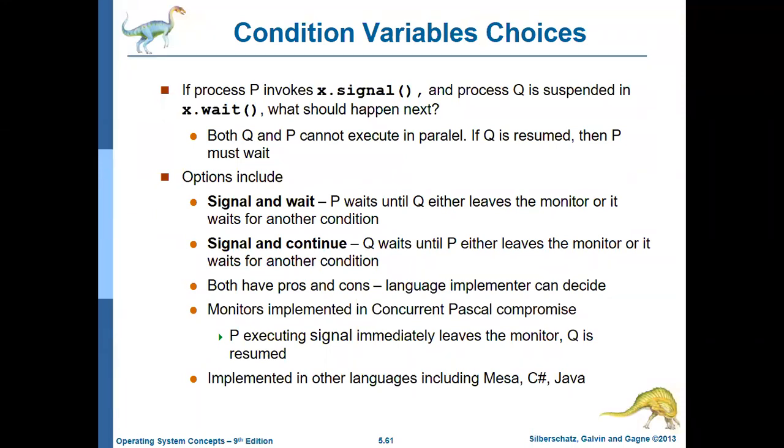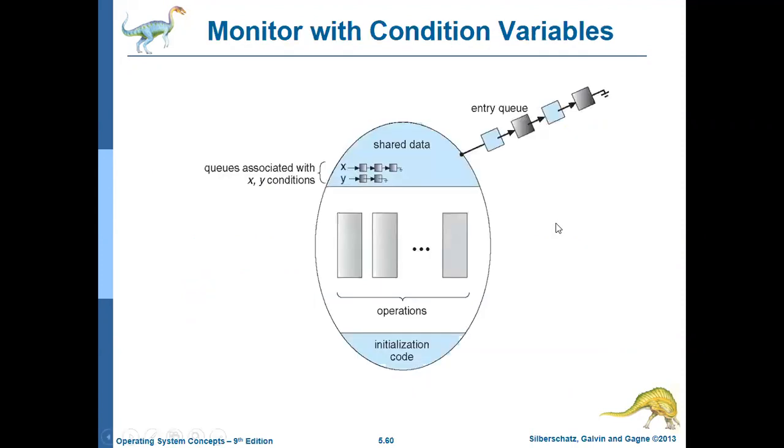Now, this is a change in the monitor diagram that I showed you earlier, with the inclusion of condition variables. You can see here there is the entry queue for all the processes that are waiting, and the remaining things were initialization code, operations, and the shared data. We have introduced two condition variables X and Y, and there will be queues associated with them, depending on how the processes come in and access these shared variables. So you can see X dot wait and X dot signal are there for suspending as well as resuming the process operation.